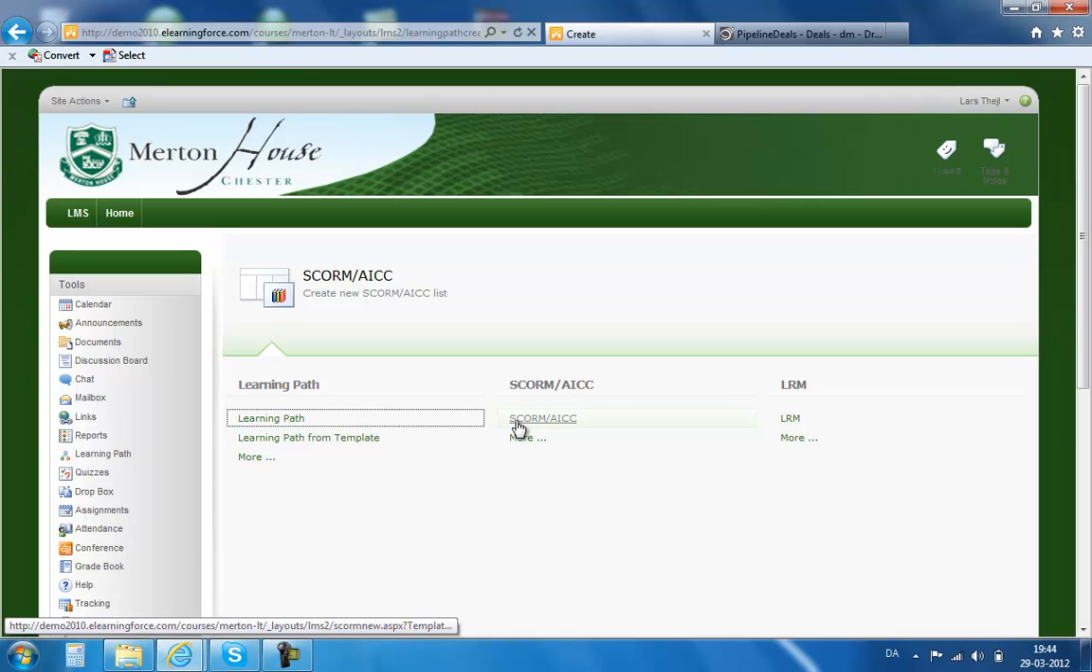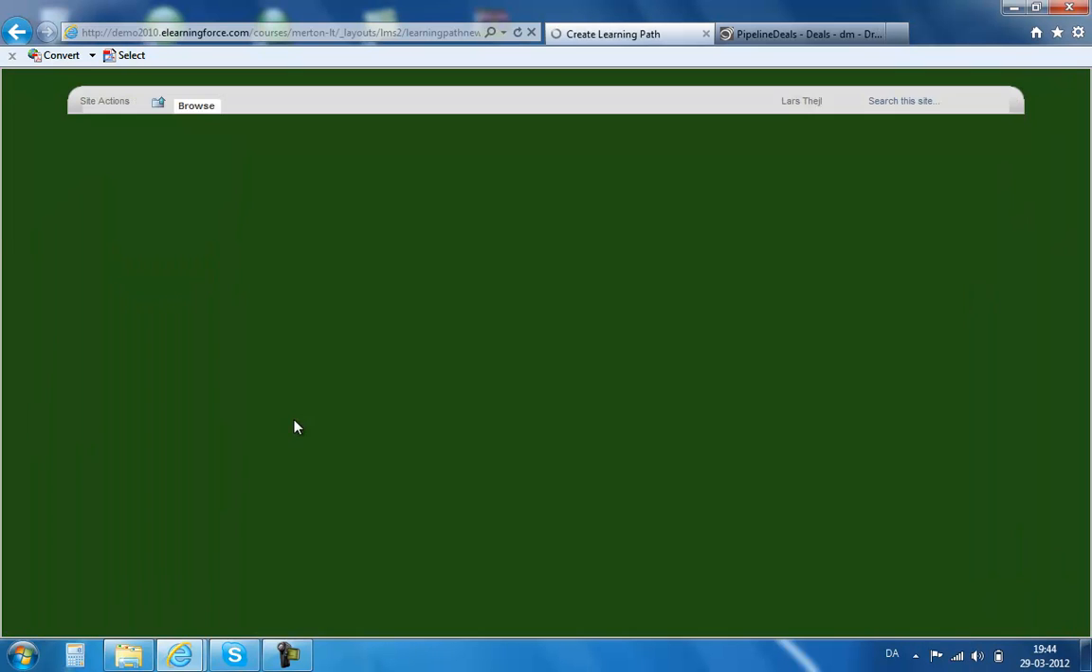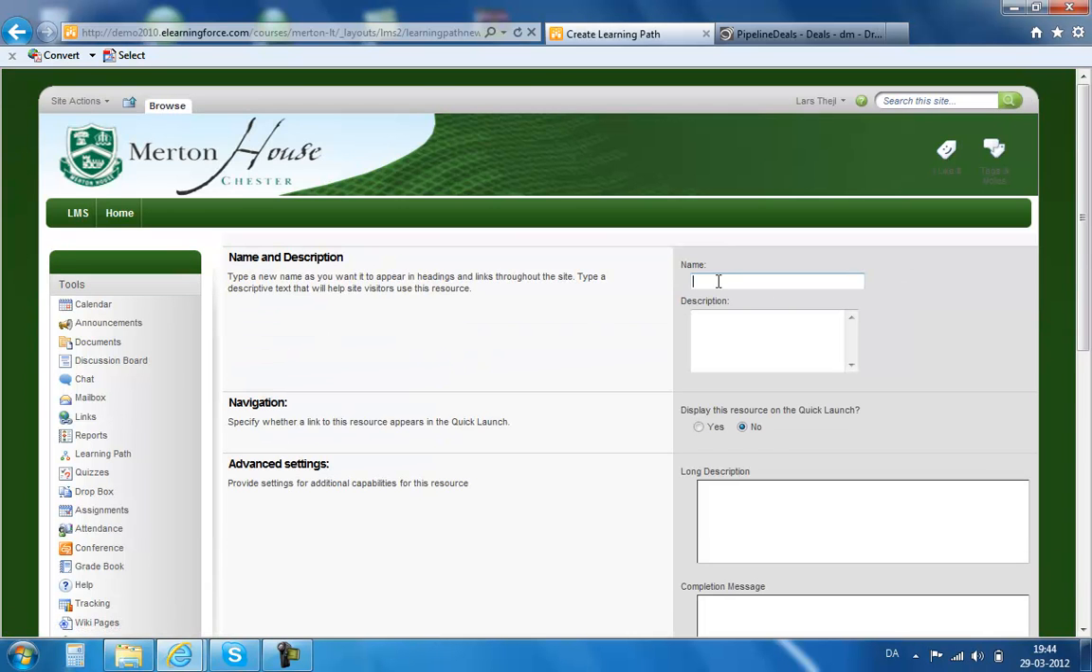We can upload a SCORM package, which is a learning package prepared outside the LMS. And we can upload an LRM package. So let's try to do a learning path. I click on learning path. I give it a name, so demo learning path,